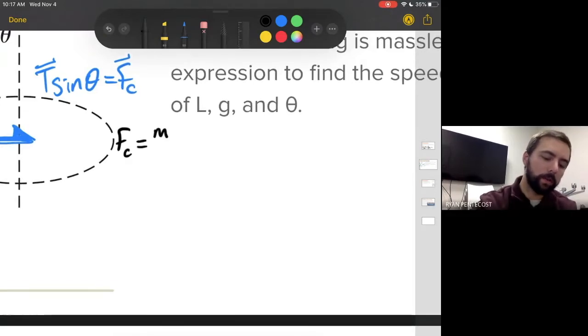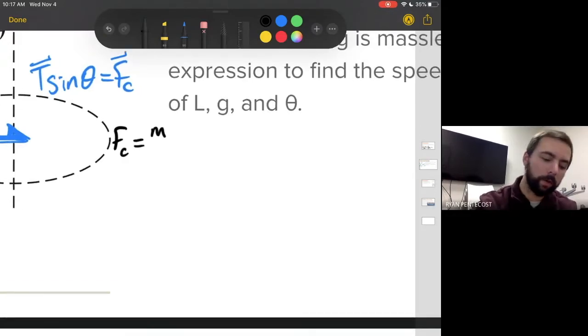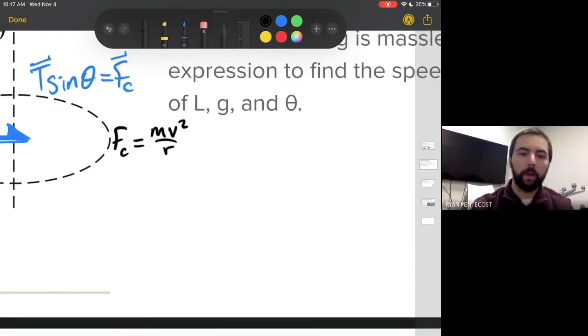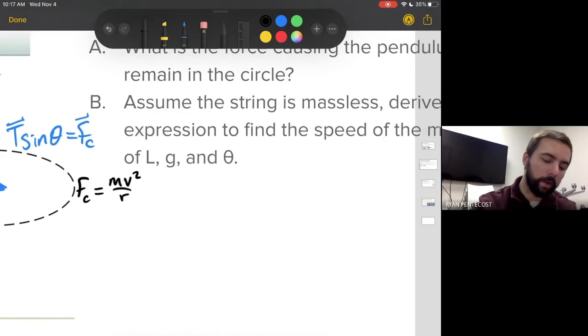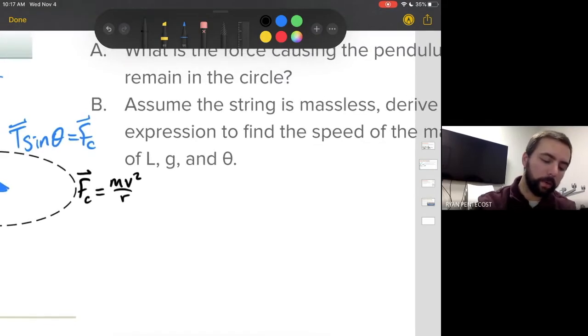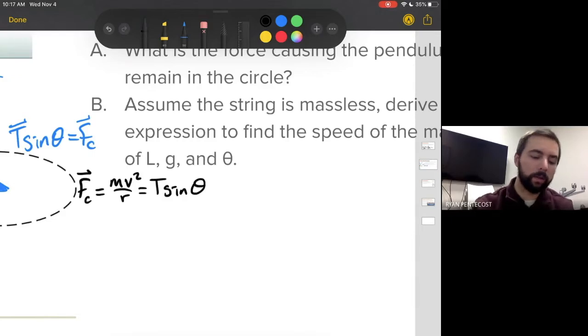Fc also, since it asks for speed, we're going to use mv squared over r. So Fc is mv squared over r, which equals T sine theta. There is nothing else